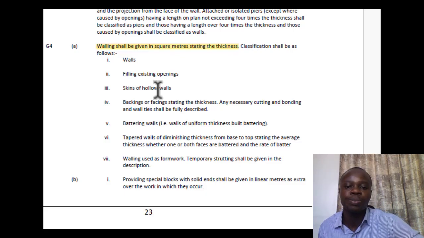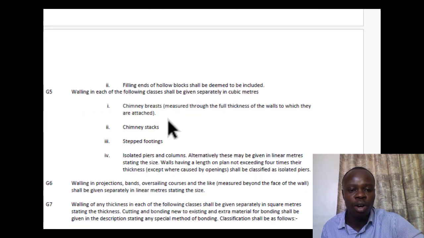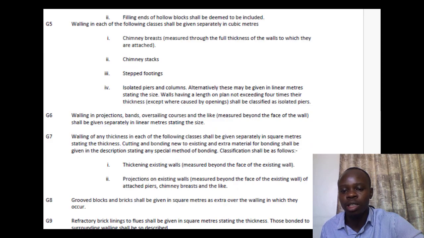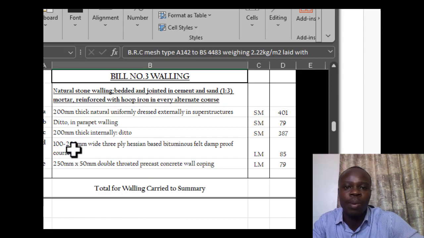Before we move on further, I want us to get a glimpse of bills of quantities, of how that is appearing. So this is a section, bill number 2, bill number 3, in regard to how the work that I was doing is categorized. And then we have the walling. In walling, basically you move straight on and describe how fully it will be done. Okay, because just a reminder that